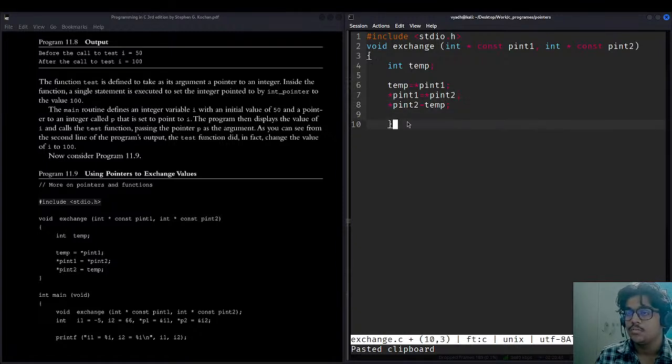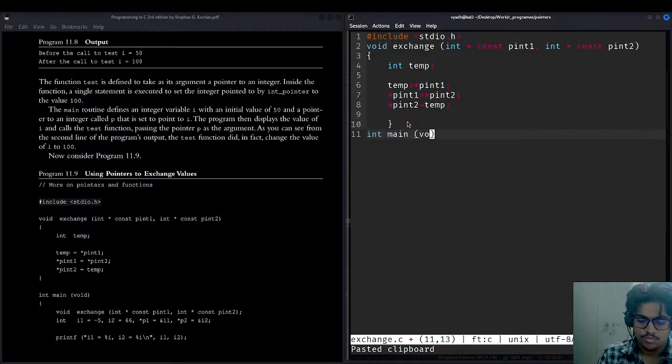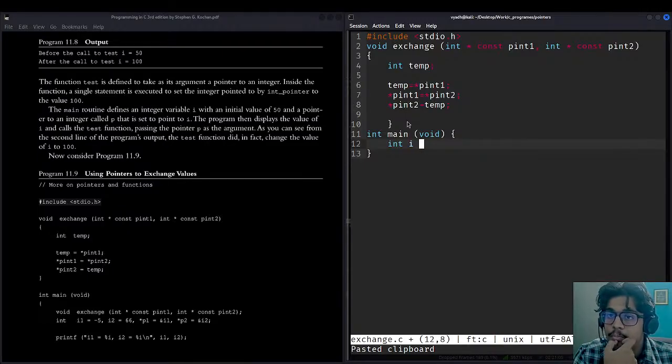Now we will write the main function. Int main, void. So let's take int. We need I1, I2, and pointers p1, p2. So p int 1, p int 2 we cannot take because it is already taken in the void exchange thing. So int I1 will be taken as 10. Let's take it 10. I2, let's take it minus 9,